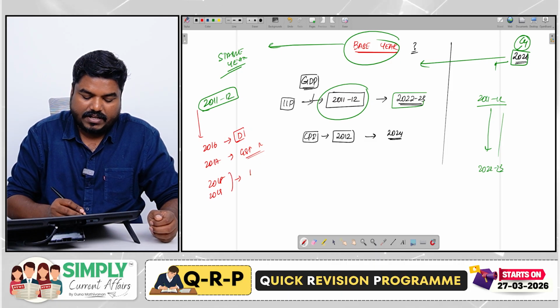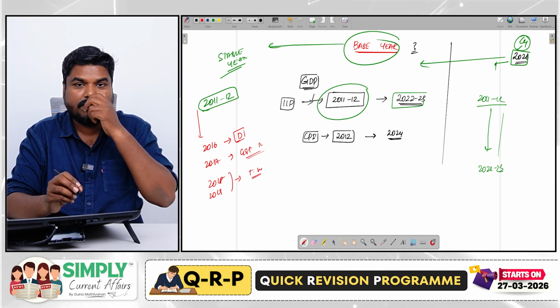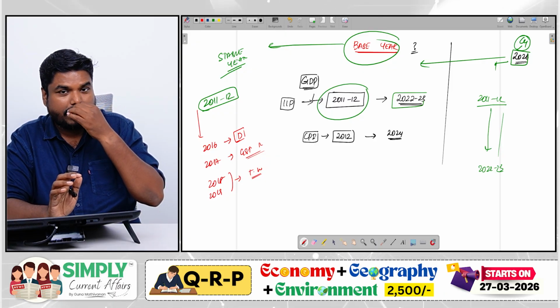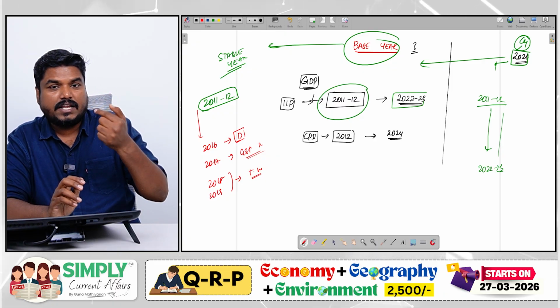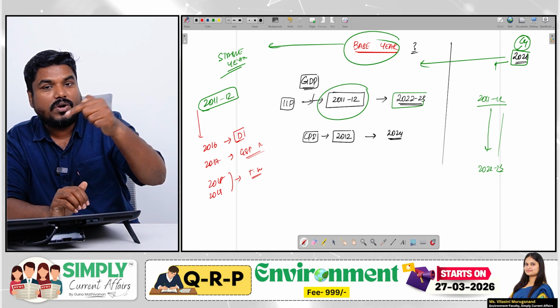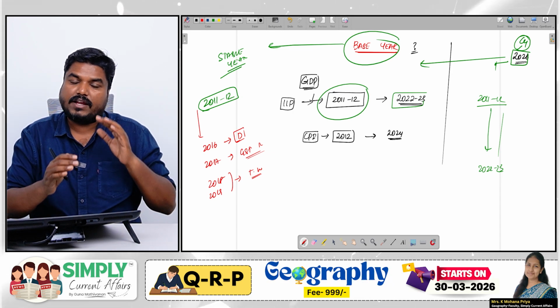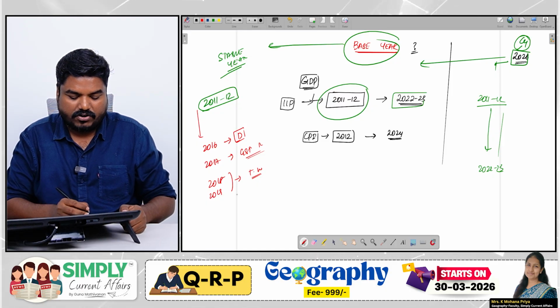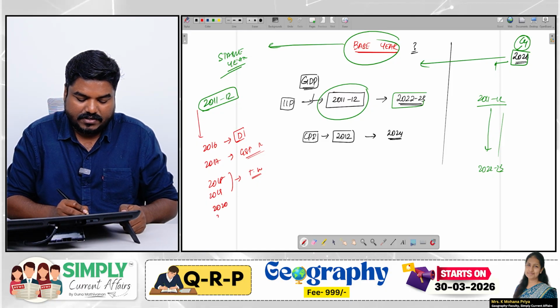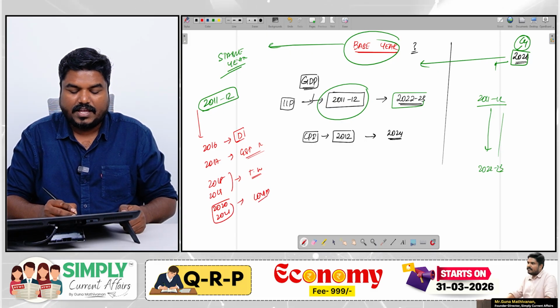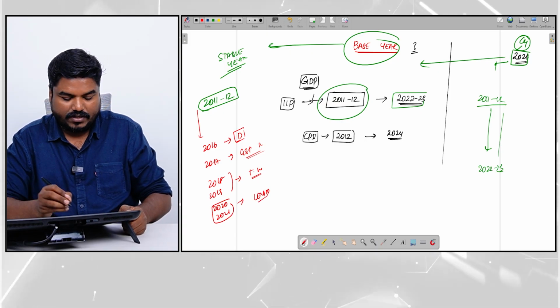In 2018-2019 we were having the trade war. Trump was in power in his first regime. There was a trade war, so in 2019 India was experiencing a GDP slowdown. So 18-19 was also not a right year, because the trade war was having an impact on our domestic economy. And 2020-2021, we all know COVID. I need not explain the impact of COVID.